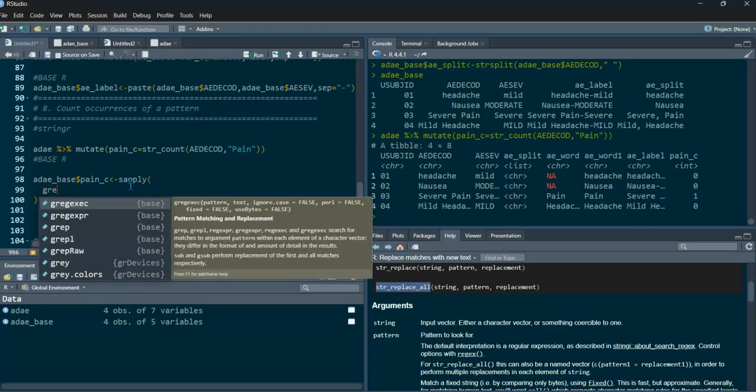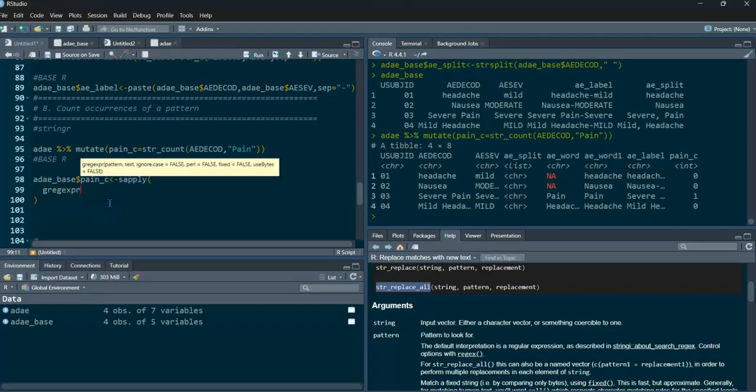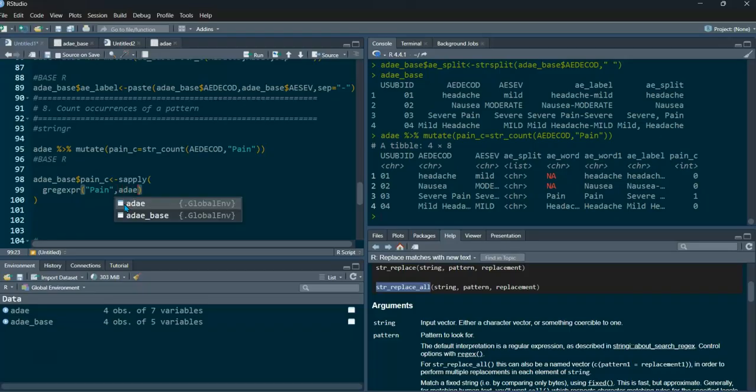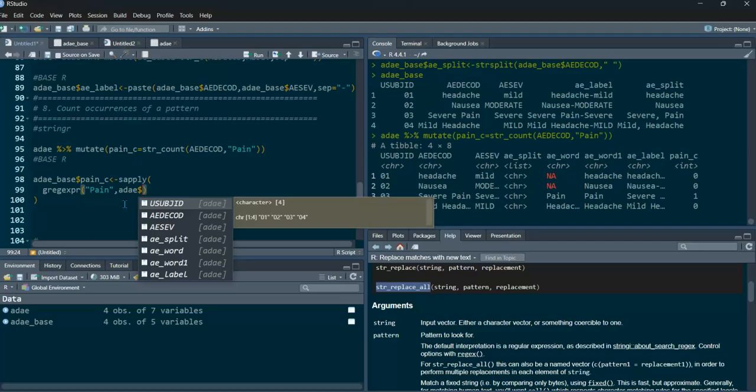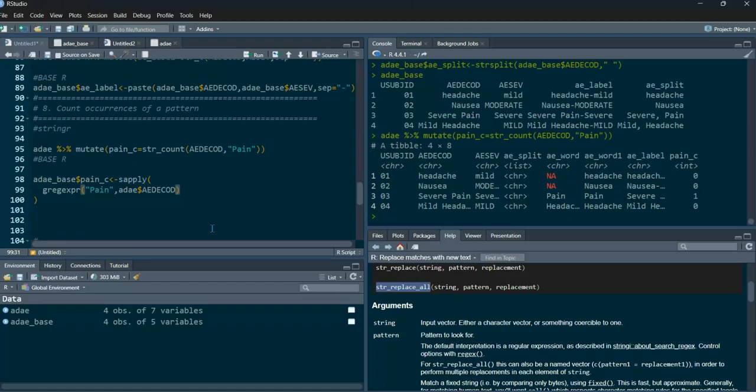And gregexpr. This is a function I want to use. These are the two functions, right? So this is the function expression I want to use, and now I'm saying what I want to look for, this, right? This is the string I'm looking for. So AD AE subset with AE decode, this one, okay, and